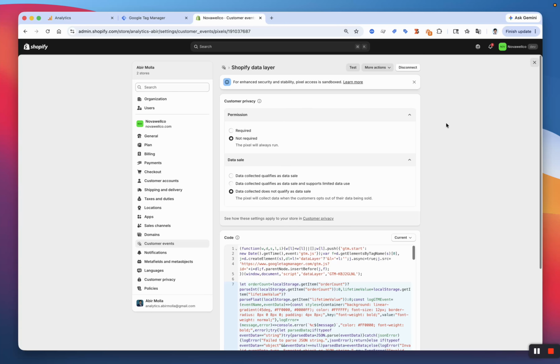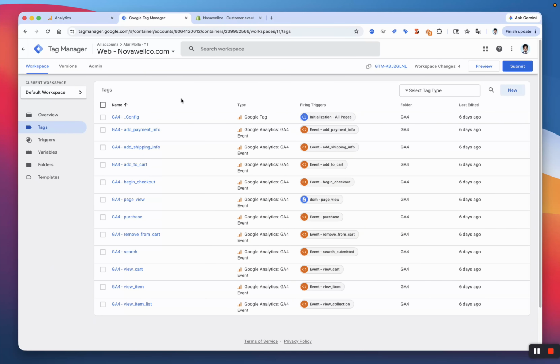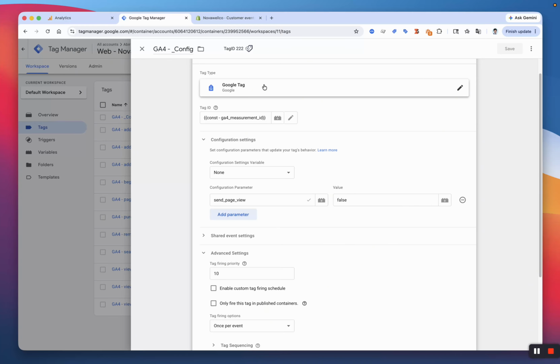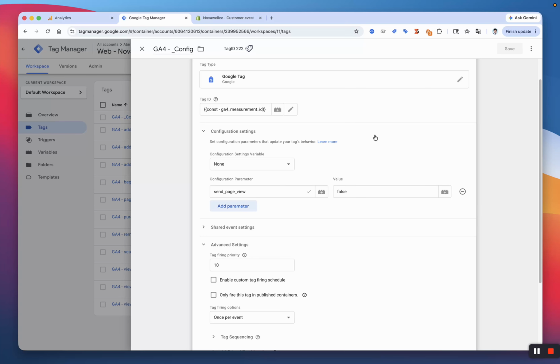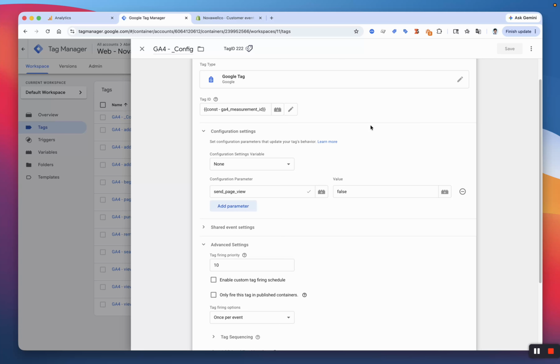Now we set up GA4 inside GTM. Go to tagmanager.google.com and open the Google Tag Manager container. I have already created the GA4 configuration tag. Let me open it and walk you through exactly how it's set up. The tag type is the Google tag. This is Google's unified base tag. It loads GA4 on every page of your store. The tag ID is set to my constant variable called GA4 measurement ID. This constant holds the GA4 measurement ID we